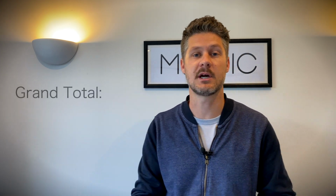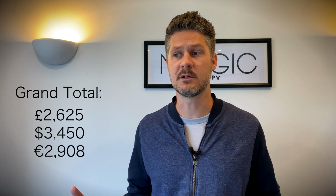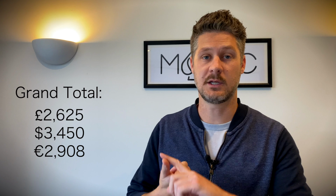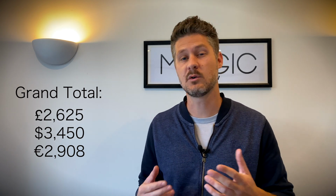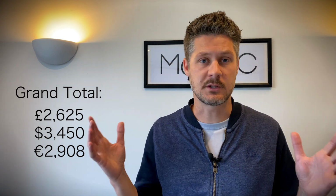This means if I did my maths correctly, the total value of my bag as it is on my back when I leave the house to go and fly is 2,625 quid, which I was pretty surprised by. It was nearly double what I thought. So that's pretty interesting. And of course that doesn't include any tools like the soldering iron, which I haven't got in there at the moment, but I've got a TS100, a bunch of other tools, and of course you're going to need a charger. So if you add a couple of hundred quid for some tools and a charger, total value is about